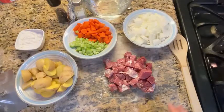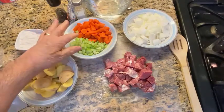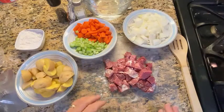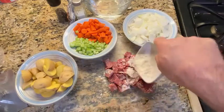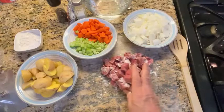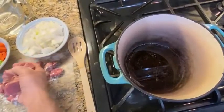So I've got all my supplies here laid out. I've got potatoes, carrots, celery, onions, and I've got my meat cut up. I already put some salt and pepper on it. I'm going to dust it with a little bit of flour. Toss that around. And then over here, I've got a pot with some oil in it that's already been heating